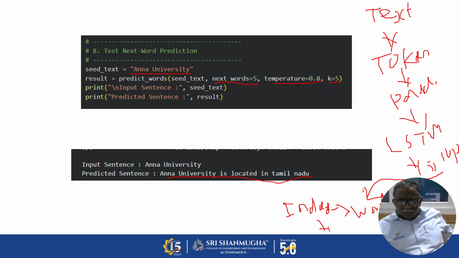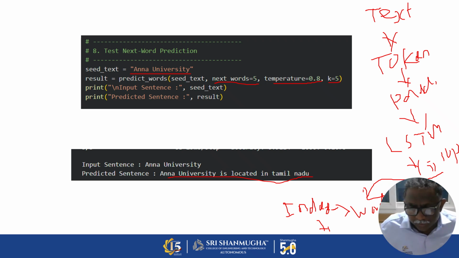Top K sampling will try to pick the top few probability scores. And once it is done, whatever we indexed, because the computer sees only numbers, the indexes will be converted to words, and then the words are appended, and finally when we ask what the next word is, it will be predicted as output. Okay, so that is the way it works in word prediction when we use the LSTM architecture. Thank you.